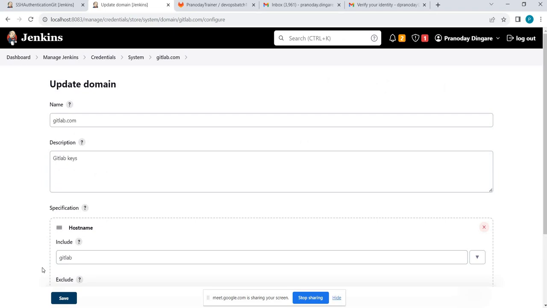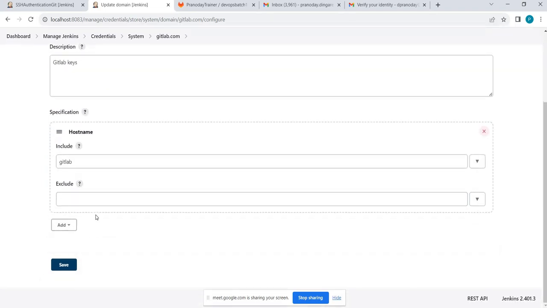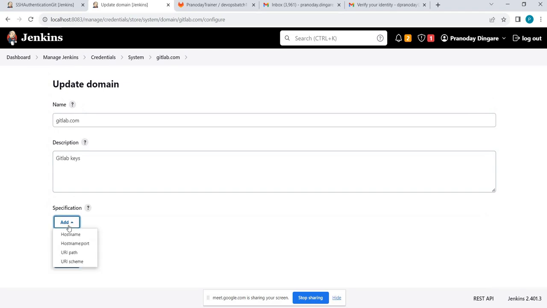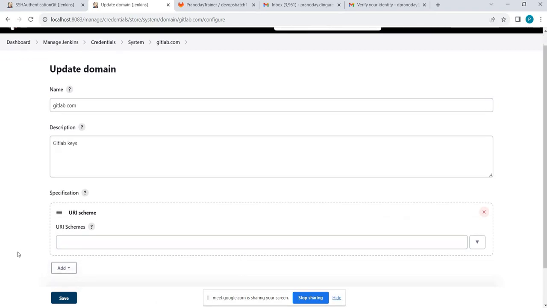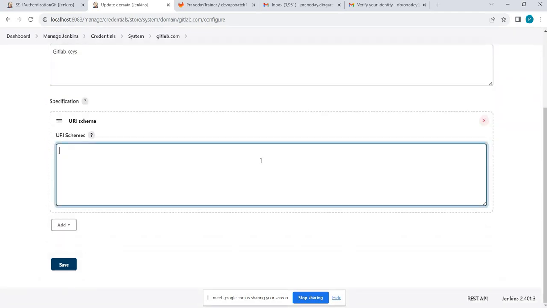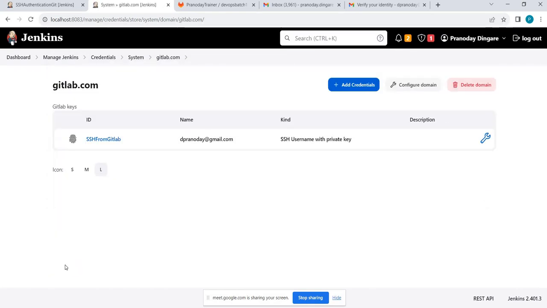Configure, and I will configure it based on, let me configure the specification based on, say, URL scheme. And I would say HTTPS, for example. Say HTTPS URL scheme. I'll save this